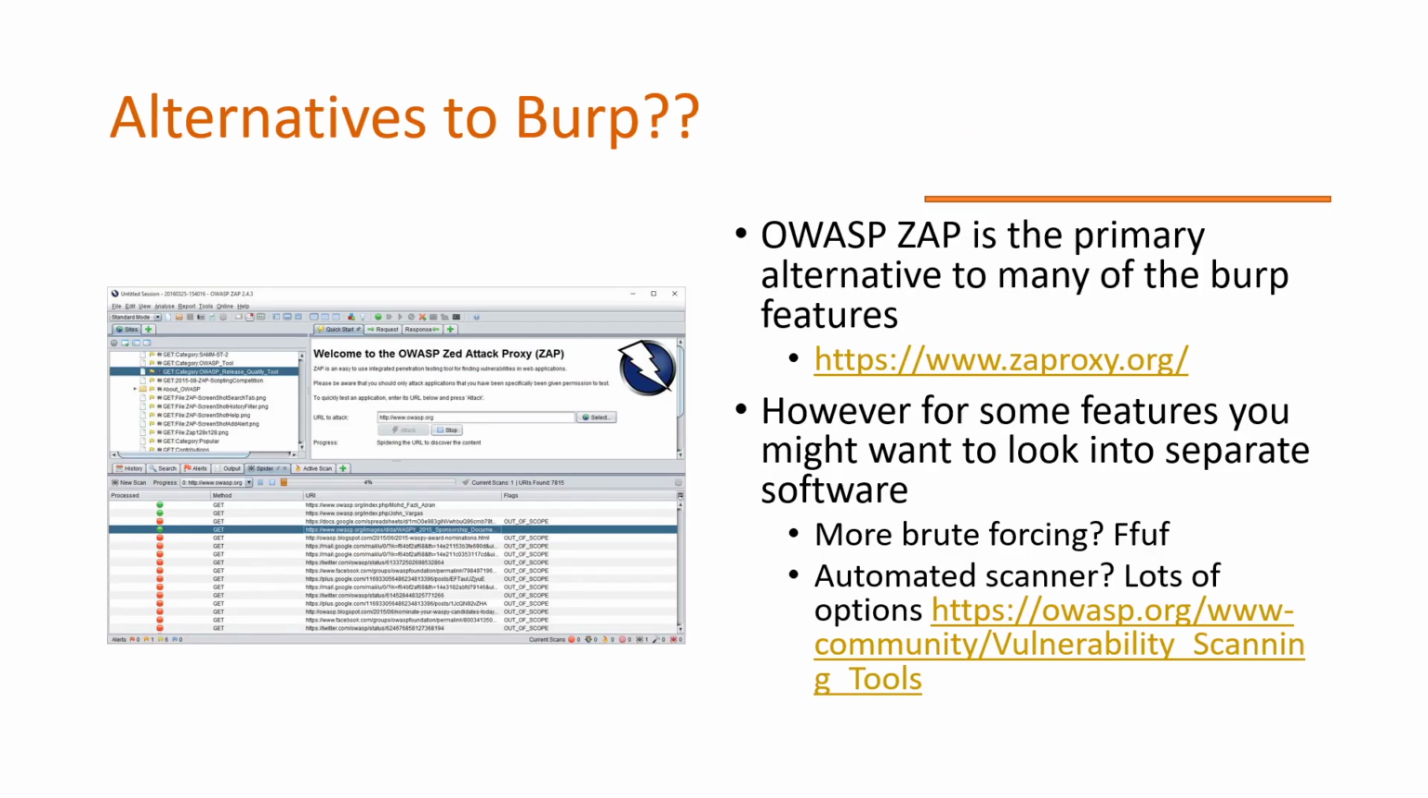So what about alternatives? The big alternative is OWASP ZAP. It has many of the same features. I personally don't really like the interface, but it has many of the same features. And for some features, even on Burp, you might want to look at other software. If you want a scanner, which is something that's provided in Burp Premium, you can actually find some free ones. If you want to do brute forcing better, especially because even Burp has a limit in their free version, you can use